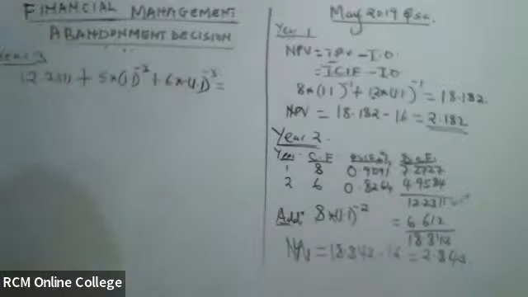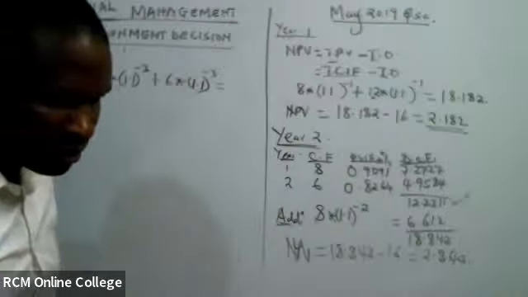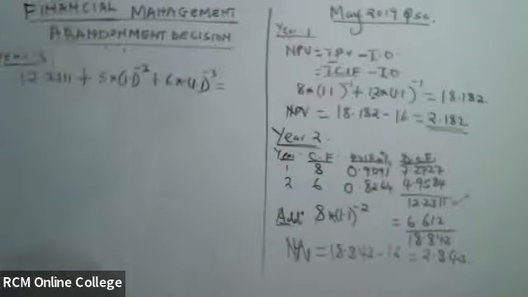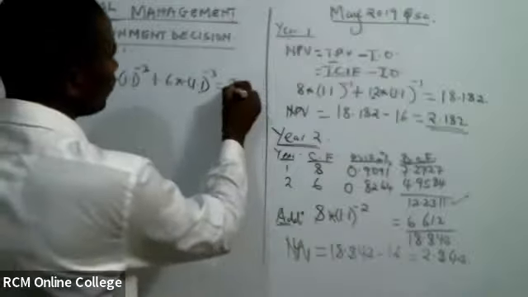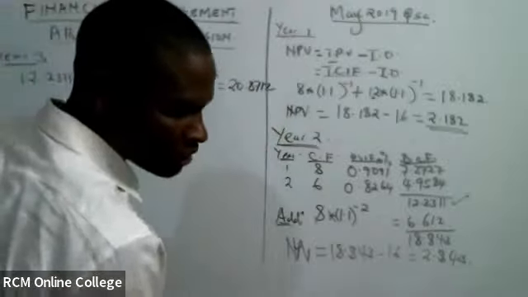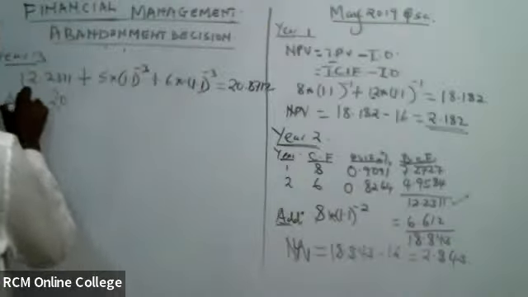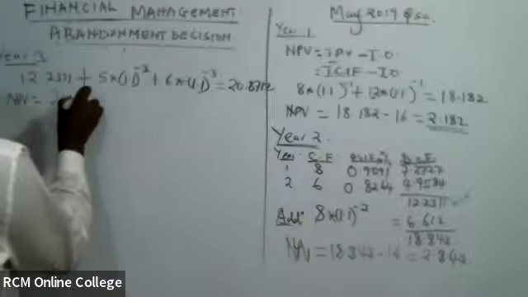How much shall we get if we compute that? 20.8712. Then, to get the NPV at that point, we less